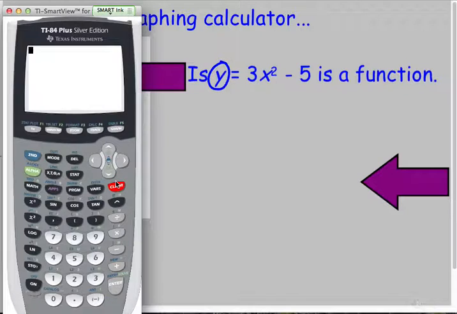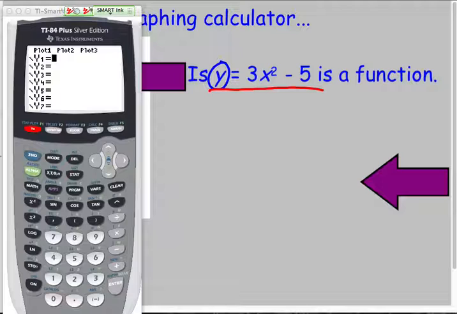First of all, I'm going to hit clear. And you're going to go y equals, this button up here on the upper left hand, it says stat plot underneath it. Just hit y equals and it gives you all these things: y1, y2, y3. These are different functions that you could plug in for your calculator. Anyway, here y equals